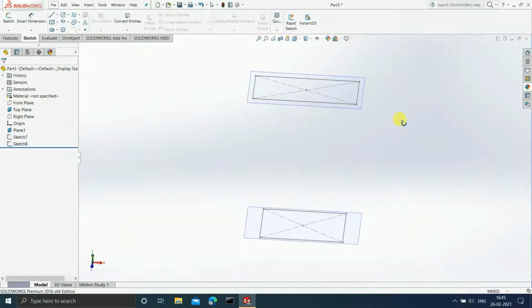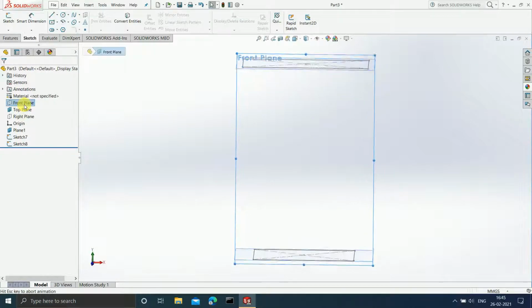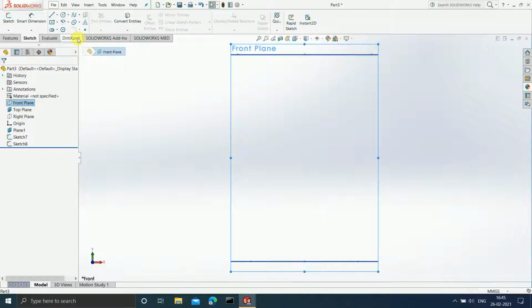Now after this is done, if you want to make use of the centerline parameter option, then you must have a path. Why you must have a path, you will understand shortly in the next 1 to 2 minutes. Just have patience. So let's select the front plane, press Ctrl 8 and sketch a path on it.